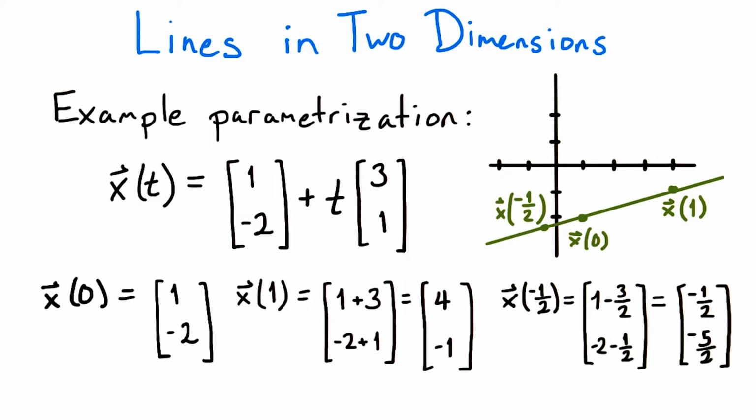For example, for the line x of t equals the vector 1, negative 2 plus t times the vector 3, 1, taking t equal to 0 gives us the output 1, negative 2, which is the base point for this parameterization of the line. If we take t equals 1, then we get the output 4, negative 1, another point on the line. If we take t equals negative 1/2, then we get negative 1/2, negative 5/2, yet another point